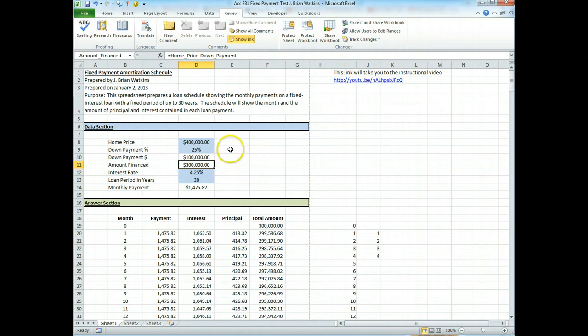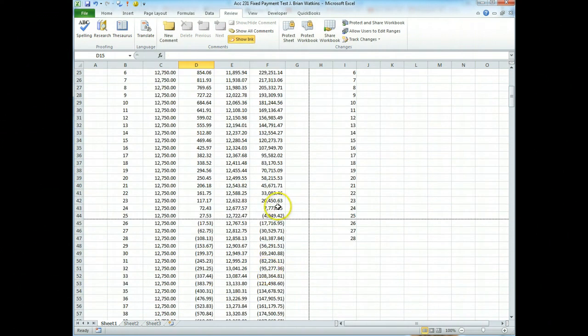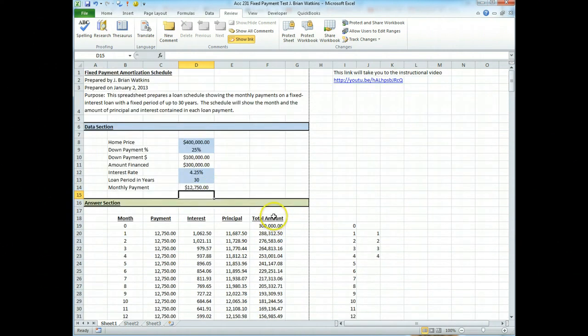So if you see some big problem here, say for some reason, one of the very common errors on the first test is to forget to divide the interest rate by 12. And so what happens is, your monthly payment gets to be huge. Well, people see that and they realize, wait a minute, I'm paying that loan off well before I get to 0. There's a problem. And so they try to then change that by just